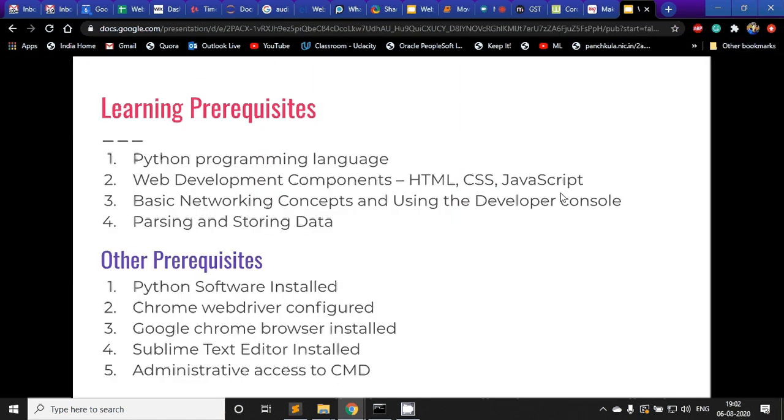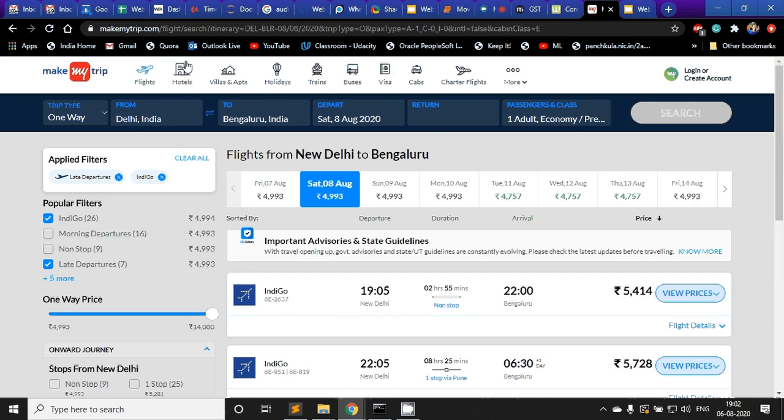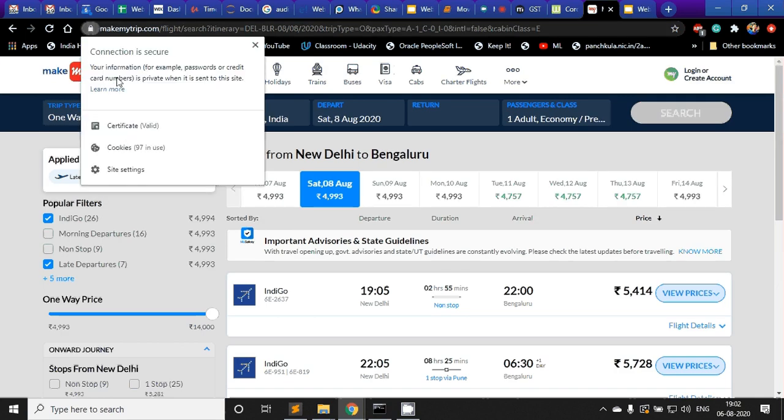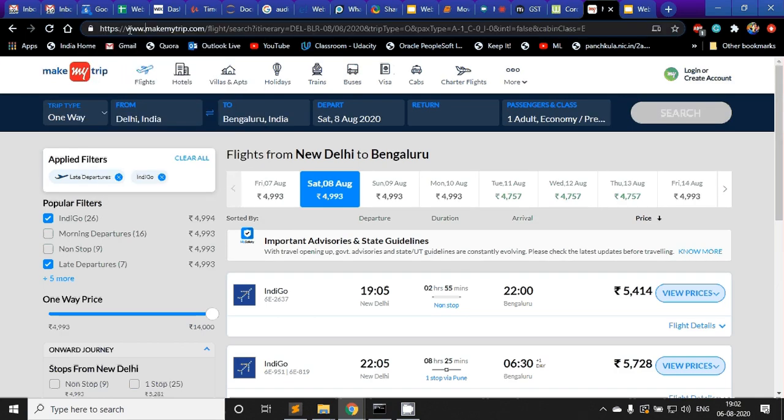Okay, so that's the third thing that we would want to understand. And then the next thing is very basic networking concepts like HTTP. We will only use HTTP, because all the websites use HTTP, or HTTPS, as you see here. So we will only be using one protocol, that's HTTPS.